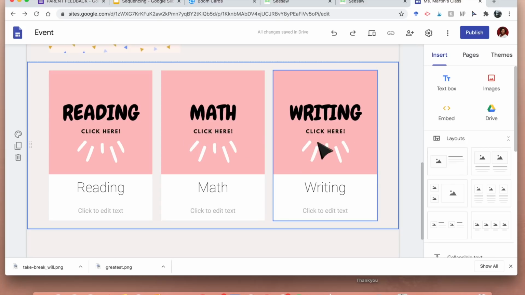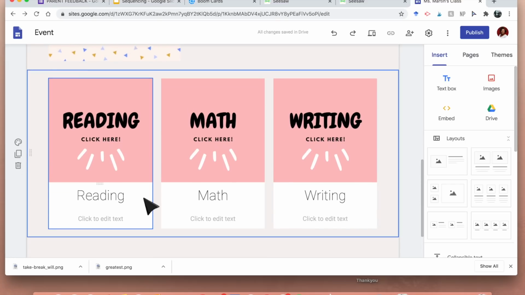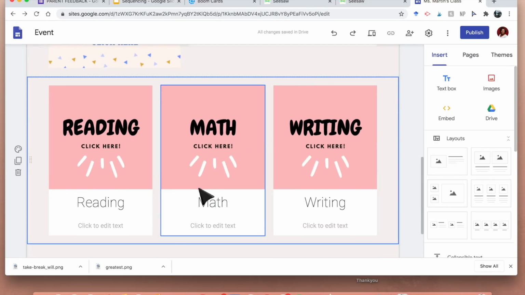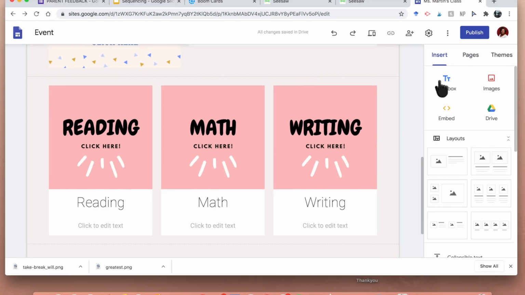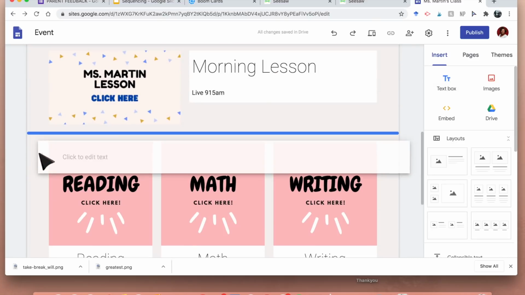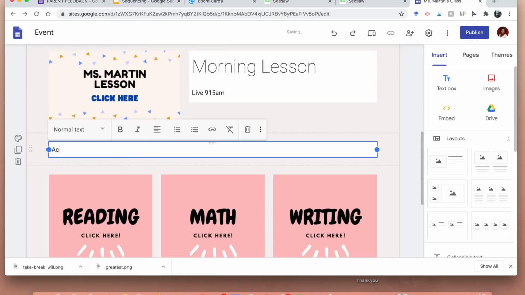These are self-paced. So I might link this image to a Boom card deck. I might link this image to a Nearpod lesson, but I want them to be done at their own time. So I'm actually going to add my title really quickly above, and it's probably going to say something about academics and that they need to complete them on their own time. The whole point of this is that they do have IEP goals they have to meet, and I do need data,